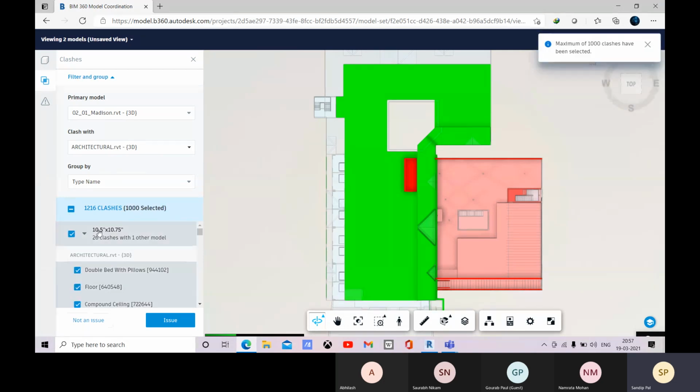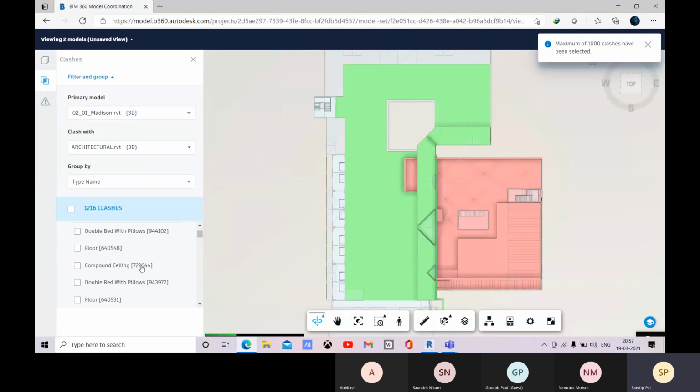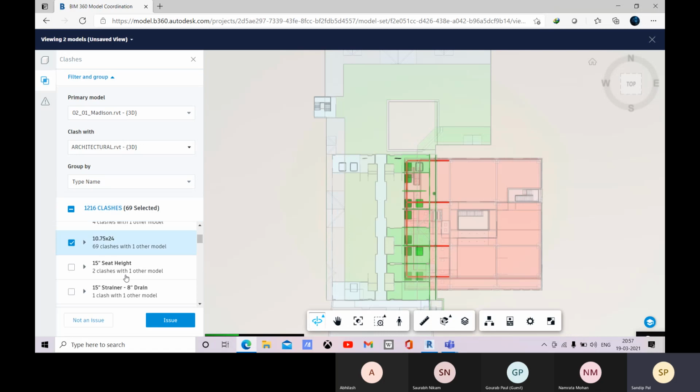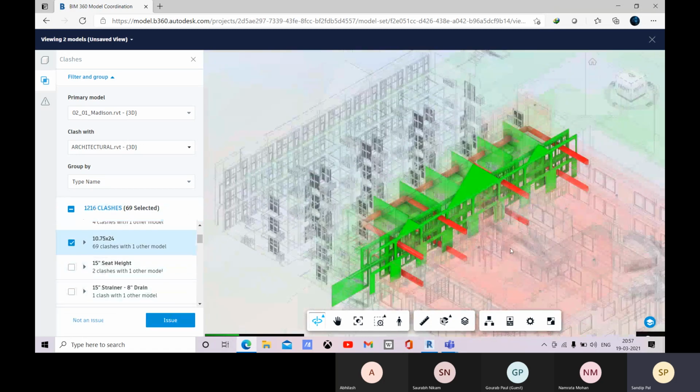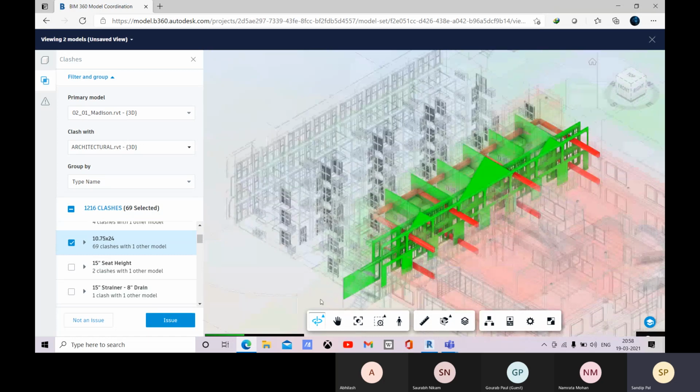You can uncheck them. Okay, you can again select them. Let me click on this. Let me select this one, and here you can see that this is a really big issue, right? So here you can click create an issue for this clash. This is very cool that BIM 360 is identifying all the clashes on behalf of you. You are not generating all the clashes, so that's very great.